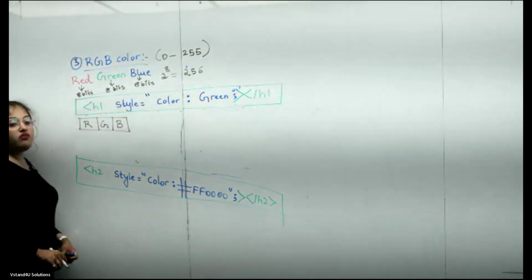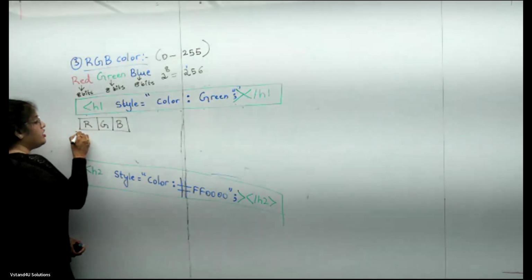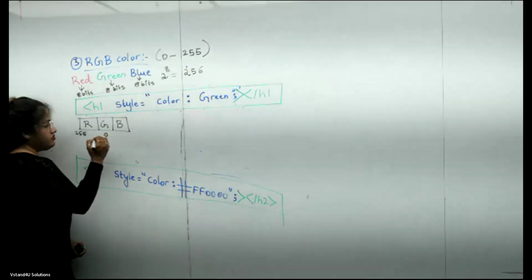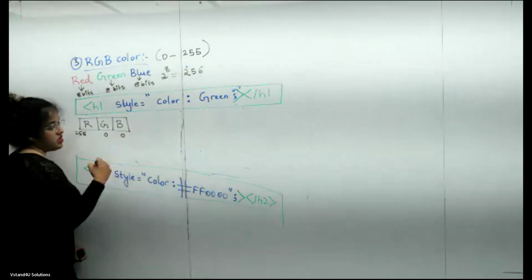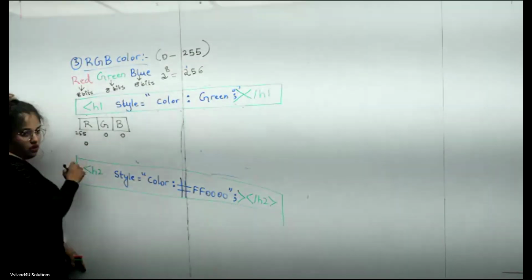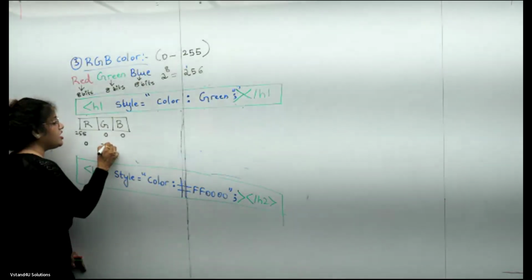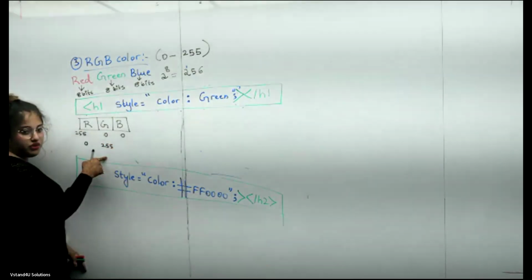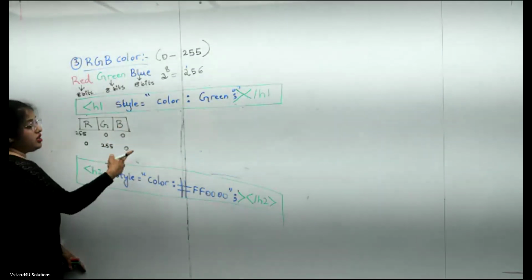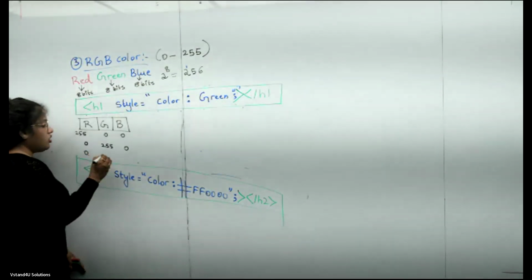RGB. If I want red color, for the value of red I will give 255, for green I will give 0, and for blue I will give 0. If I want green color, for red I will give 0. I want the green color to be displayed, so I will give the highest value to it, that is 255. I don't want the blue color, so I will give it 0. If I want the blue color to be displayed, what I'll do is 0, 0,